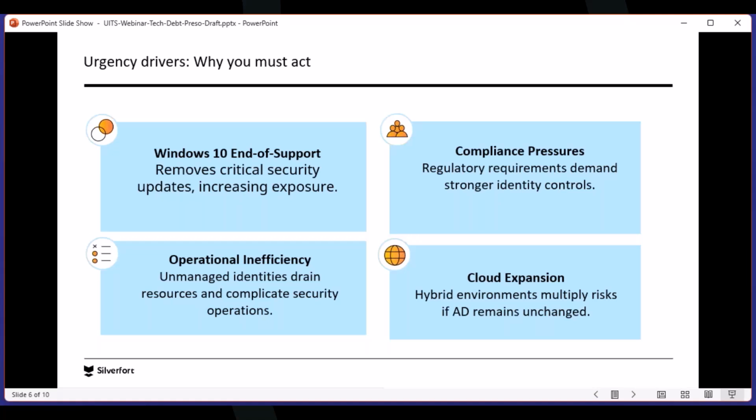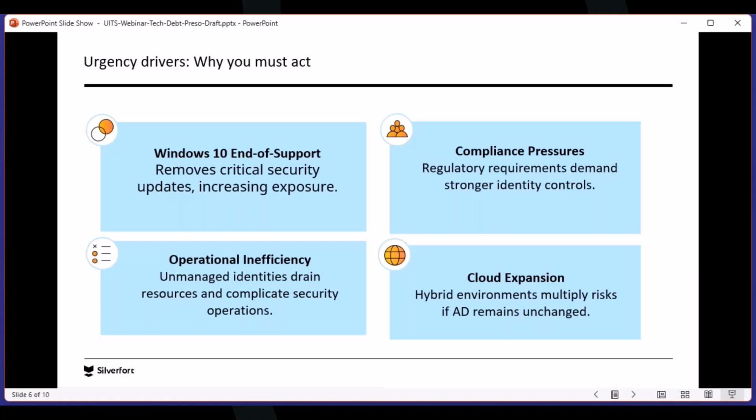Some of the reasons why we're getting into problems here: Windows 10 is going out of support, so we're not going to get patches. There's going to be vulnerabilities. It's going to increase the exposure, and the blast radius is just going to grow exponentially, because it's going to be challenging for teams to get that out of the environment. And if you're in an environment where you're developing software and providing that to your customers, you may have to keep these things around, right? You may have to support a legacy operating system for any number of years, and if you're not keeping your house clean related to Active Directory and the accounts that could have access to those things, you're creating a much larger attack surface.